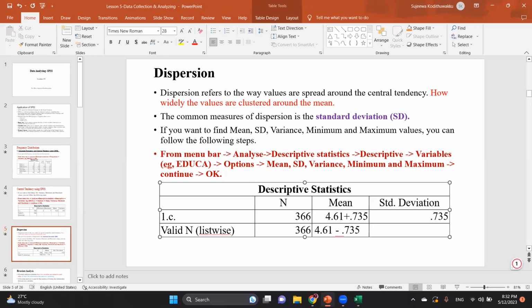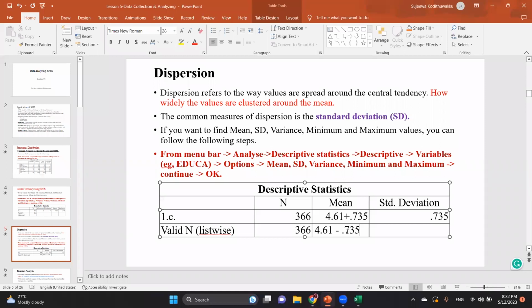That's the simple idea behind standard deviation. The mean value can be calculated simply as a simple average value, let's say 4.61, but the maximum variation goes up to